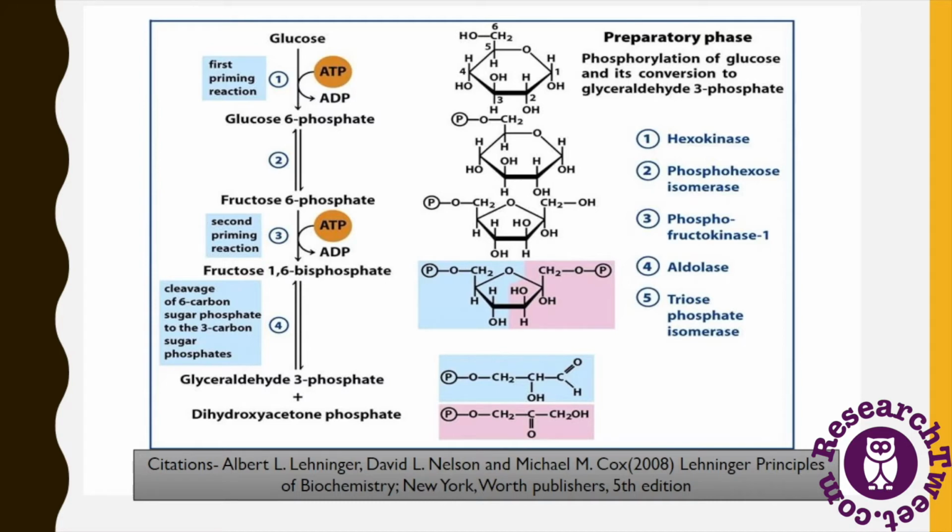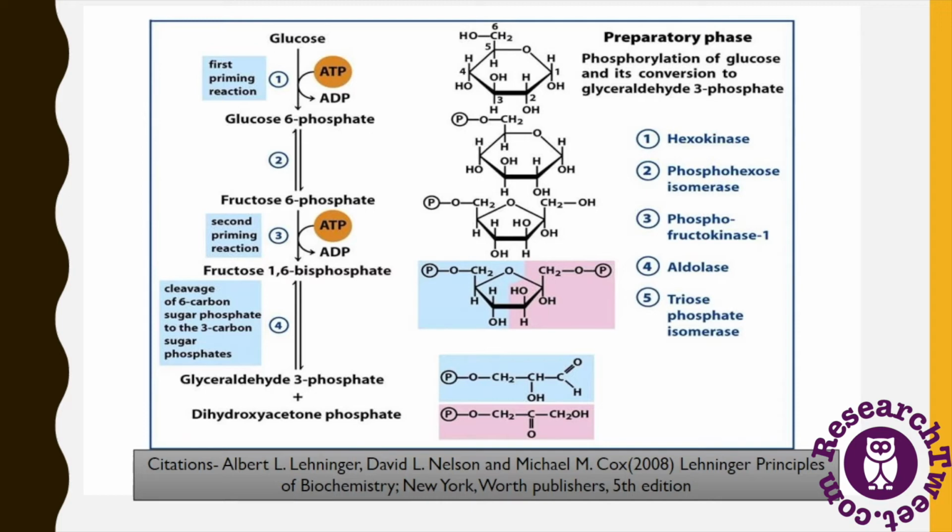In the first step, there is a phosphorylation of glucose into glucose 6-phosphate, and in this step the enzyme hexokinase or glucokinase is working, and it changes glucose into glucose 6-phosphate. This glucose 6-phosphate is isomerized in the presence of phosphoglucoisomerase and changes into fructose 6-phosphate. In the third step, fructose 6-phosphate is converted to fructose 1,6-bisphosphate